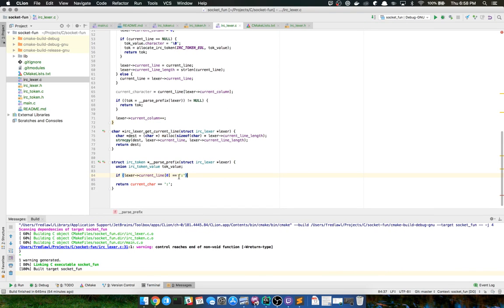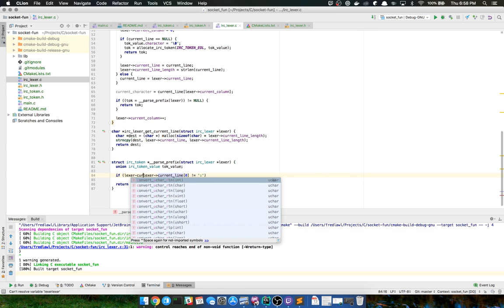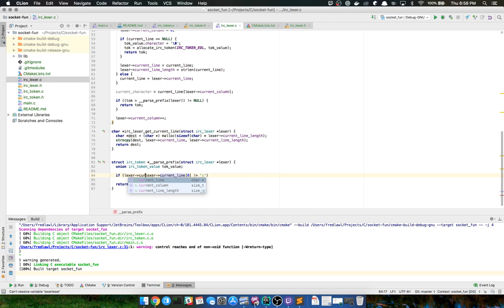So if the current line at position 0 is not that colon, then, well, the problem here is we need to make sure that the lexer current column equal to 0, so that way it doesn't.